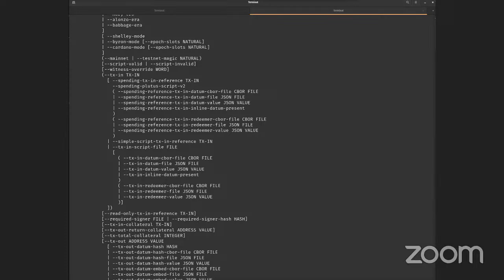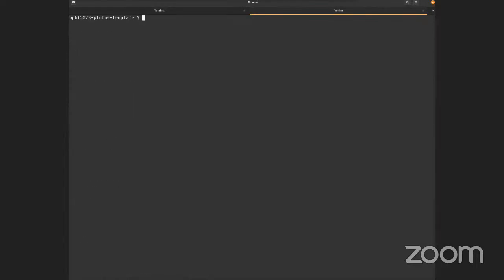I'm using our notes. I need to set the path to a Plutus script file. For me, this is going to be PBL 2023 Plutus... I forget what it was called. 2023 Plutus template. And I want the one that is